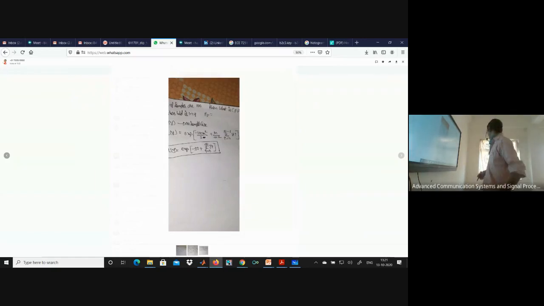Someone has given me the answer. Let me cross check it with the one which I had. So exponential of -50 plus summation i equals